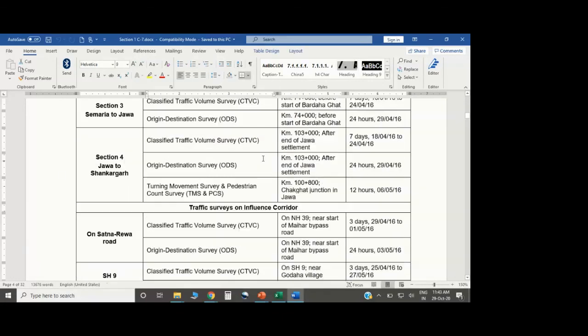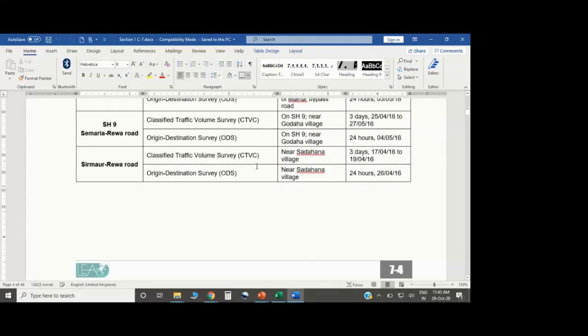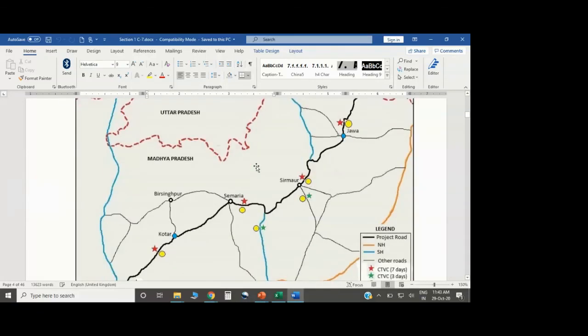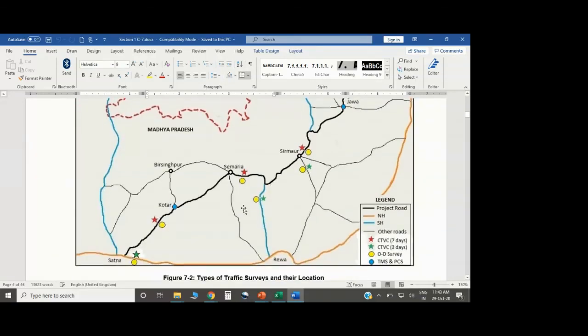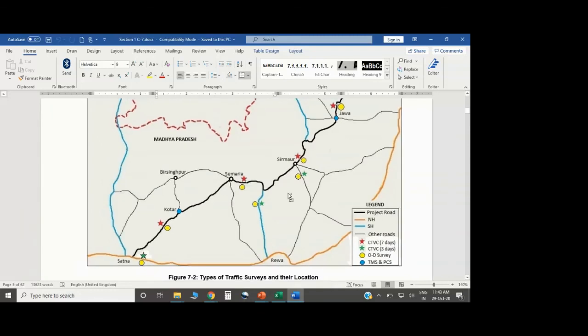It was done at 4 locations for the first road, which was Satna to Shankargarh, and for the second one in UP, we had done it at 3 locations, I guess. So you need to come up with this plan as well, where exactly you will do this traffic survey. And this decision itself, you have to apply some thinking to it. It's not like you randomly select any location and start doing the survey, but you have to understand the scenario, understand the road network.